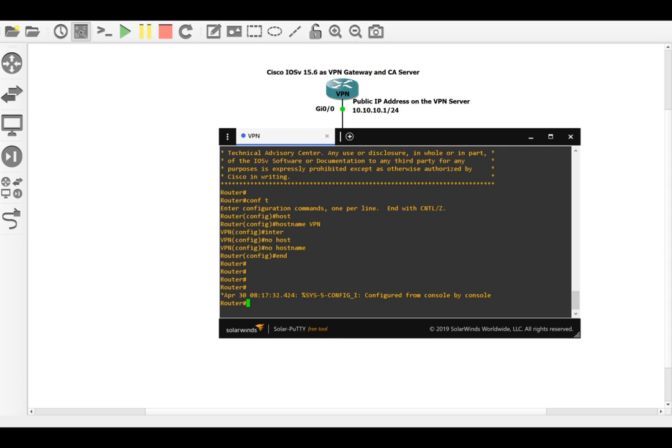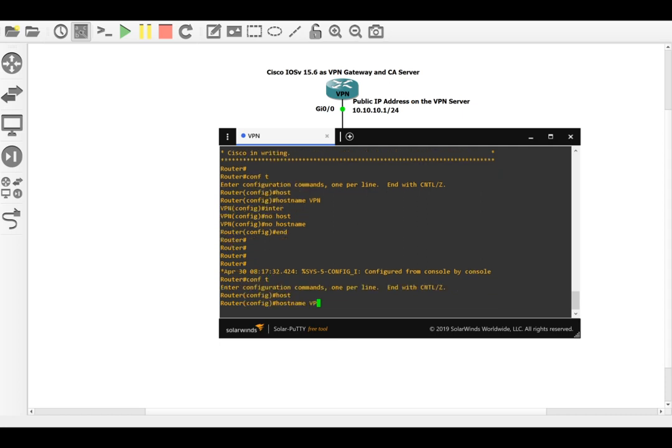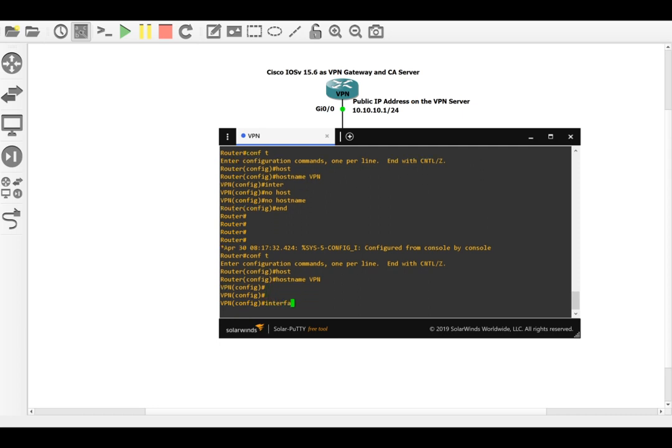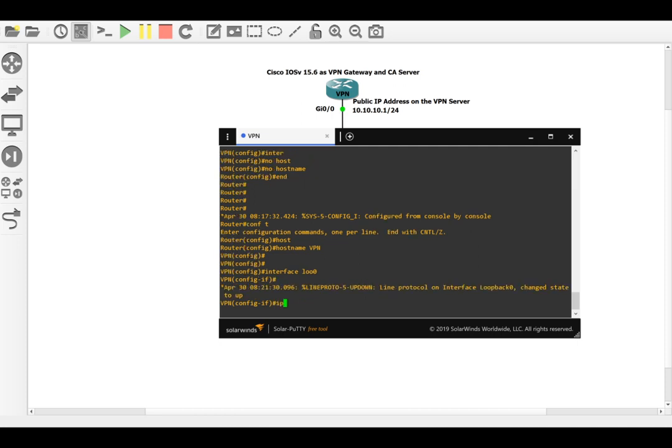First things first, we are going to start with basic management stuff of the configuration. Let's give it a host name of VPN. Then create a loopback interface that we normally do as the management interface. We also want to use the IP address of this loopback interface using the unnumbered feature for remote access tunnels. Let's say loopback 0 with the IP address of 10.1.1.1/32